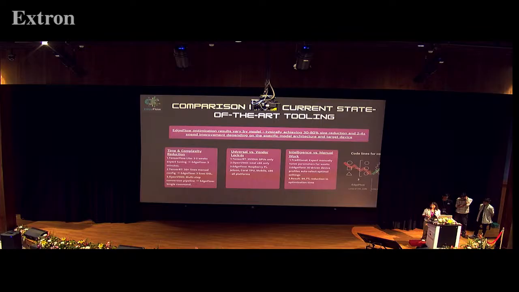So what is the change and comparison with current tools? Time and complexity reduction: like I told, the tools currently take a lot of time and are fragmented. Edgeflow provides a seamless process, converting this expert tuning into 5 minutes. Then we have various vendors, but they are specific, for example, TensorRT for NVIDIA GPUs. But Edgeflow is universal. It would work from Raspberry Pi to microcontrollers. And again, intelligent versus manual work. The traditional way of writing, fine-tuning everything like specific details is much reduced to a simple config file.